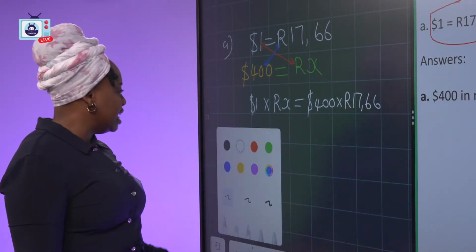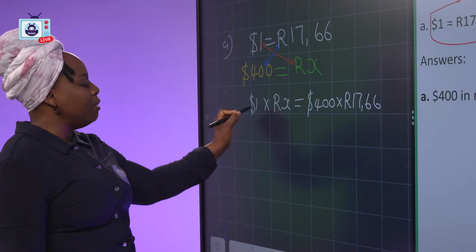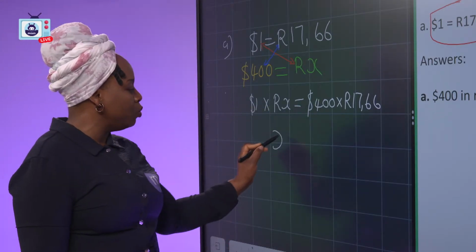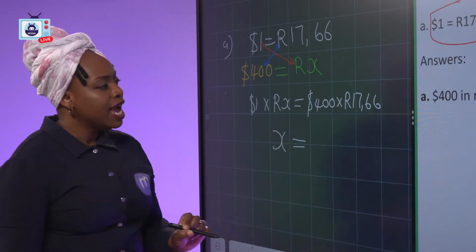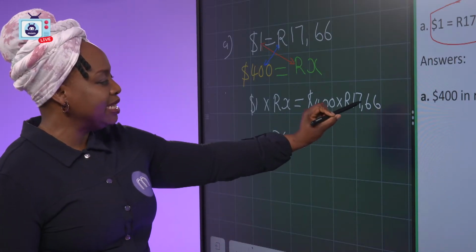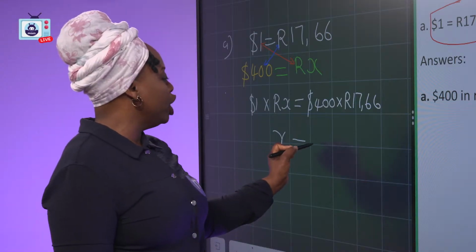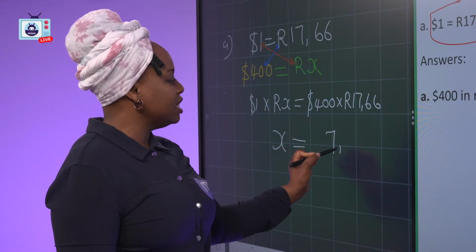So you can see that if I say 1 multiplied by X, I will remain with my X. And then when I multiply 400 and 17 rand 66 cent, I am going to have